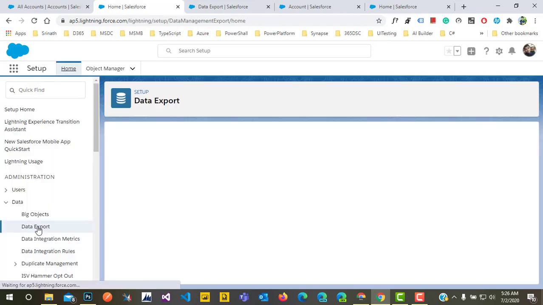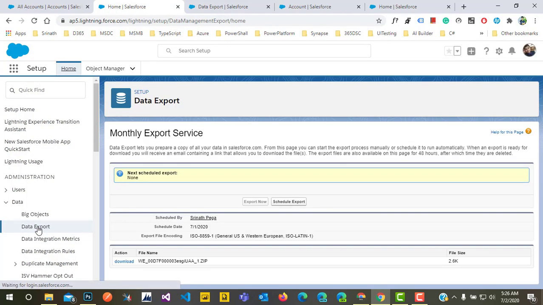Click on Data Export. Here we can see this screen. It says that if you perform a data export manually or automatically, when the export is ready to download, you will receive an email. From there we can download the export files as a zip.